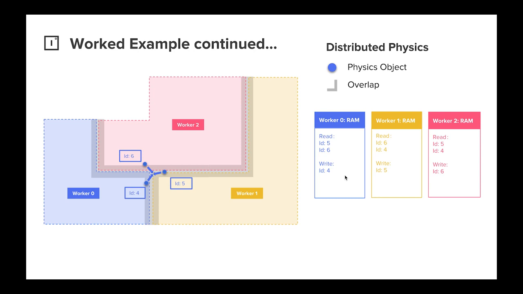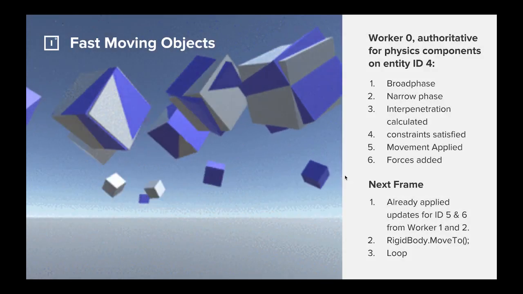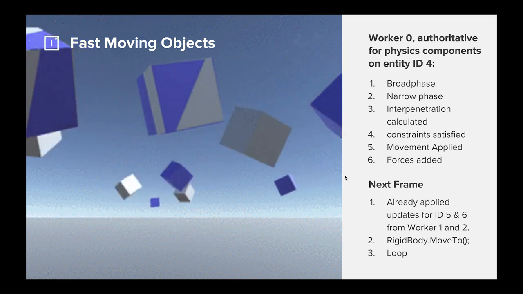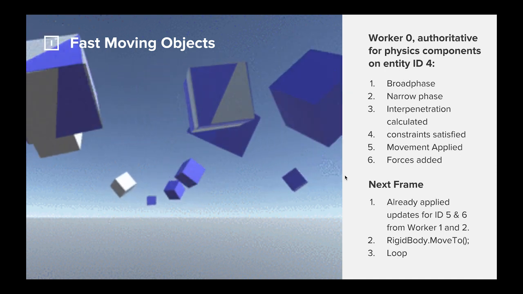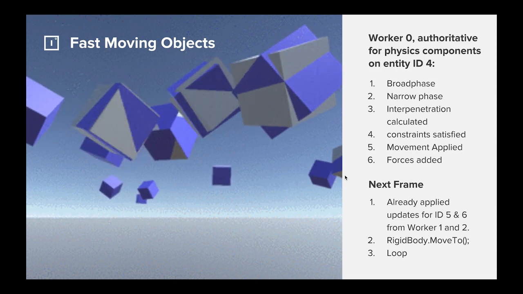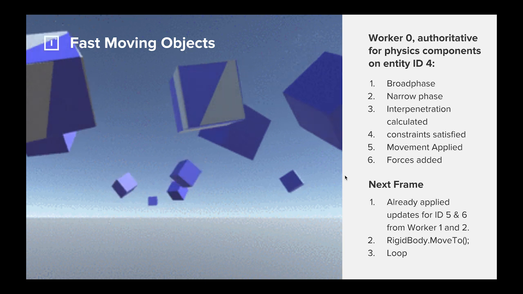So what does this look like? How does SpatialOS help solve this problem? The interesting thing is that you don't have to write any special case code in order to solve this problem. You don't have to go into the definition of a rigid body and make it network aware. Because of the latency in between those workers, and because of the tick rate of the average game engine on the server side, 10 Hertz, 20 Hertz, 30 Hertz, what happens is this.